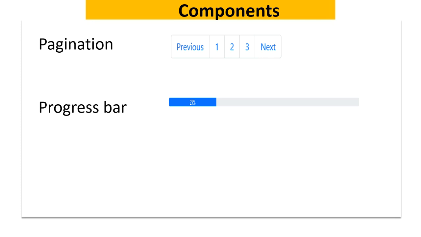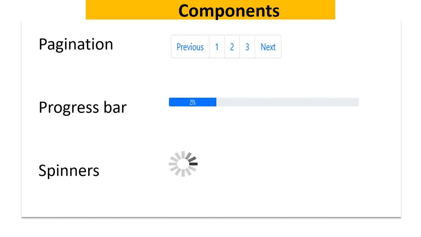Progress bar. A very, very important visual clue to the user. Sometimes we are performing an action on the server side, so the user needs to know the status of their action. Suppose registration, sir. If you click on the register button and the server registration process takes some time, as a user you should not get frustrated. You need to know the status. How do you design this scenario? By using the progress bar.